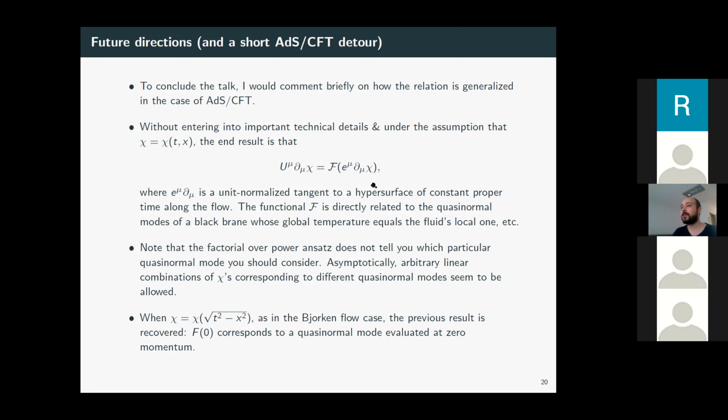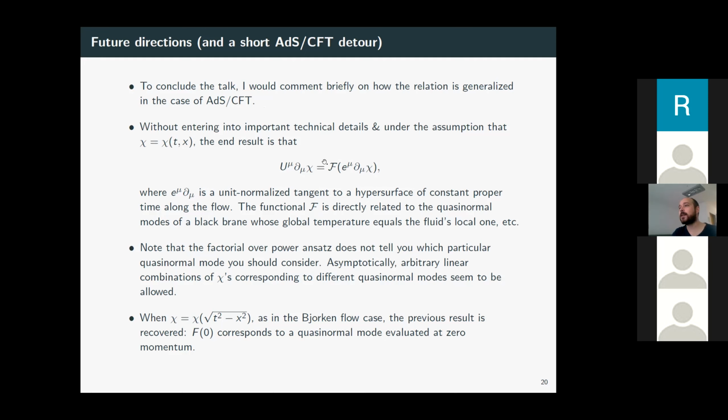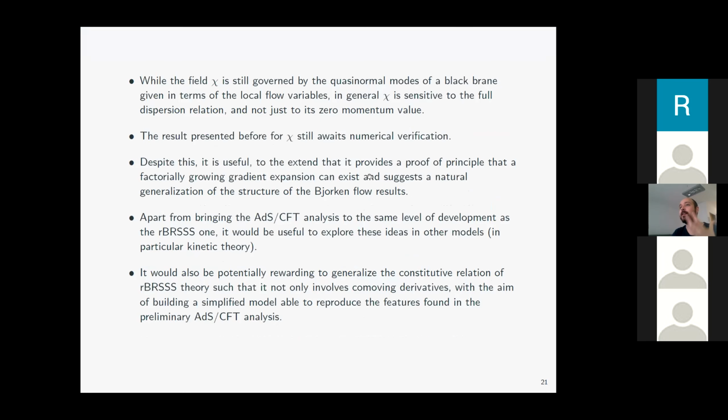The reason I'm bringing up this formula here is because it suggests a very natural generalization of this feature found in BRS3. Now we have seen that for 1 + 1 dimensional flows in general, and also in Bjorken flow, which is known in AdS-5, right? Of course, the lesson you have to draw is that in general, this chi function would obey a nonlinear partial differential equation, as I said, which is sensitive to the form of the dispersion relations at finite momentum and not just at zero momentum, as was the case before for Bjorken flow or for BRS3.